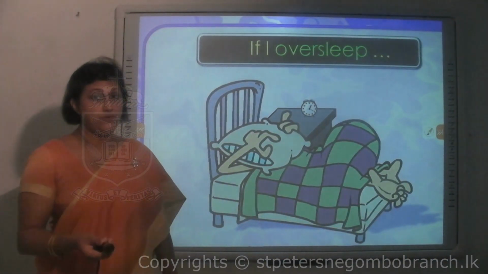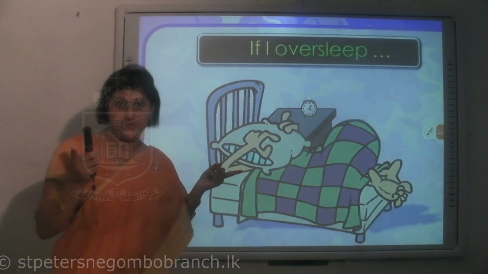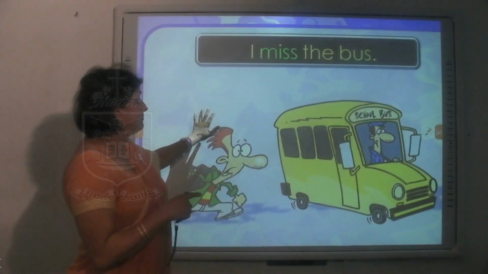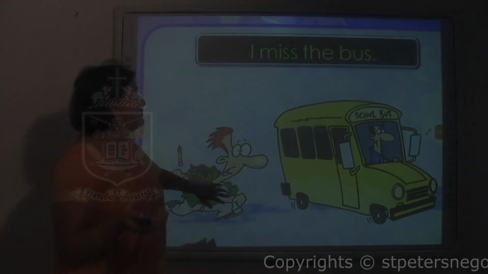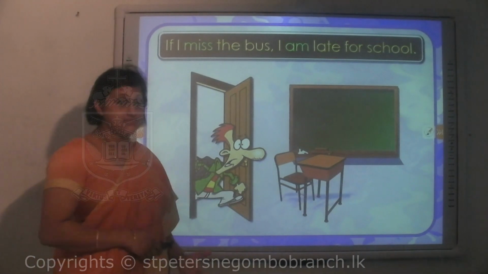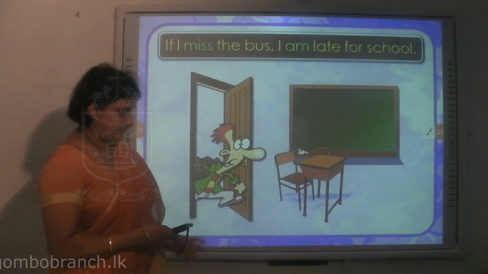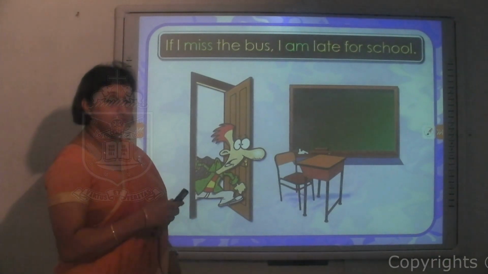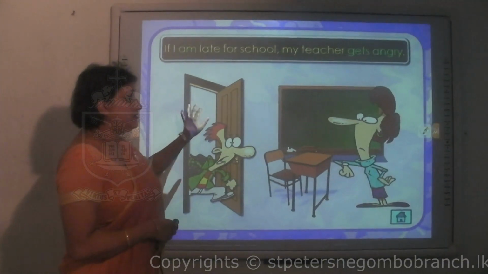Here, I'm going to give you an example. If you oversleep, think what is going to happen if you oversleep. The same result will be here. If you oversleep, you will miss the bus. So you have to be on time. If you come across this example, if I miss the bus, I'm late for school. Now here you have this comma. When it comes to this comma, I will explain it briefly in my further slides. So now we are moving on